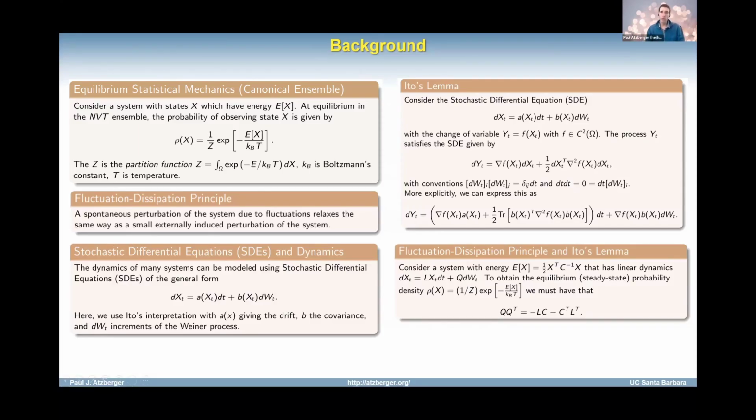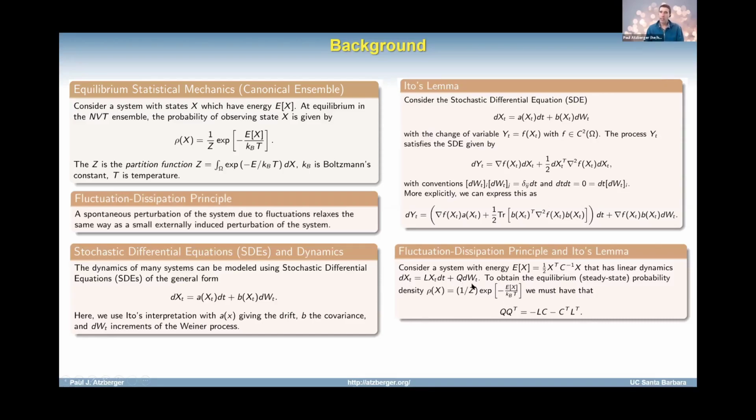And so if you know, for example, that your equilibrium statistics should be given by the canonical ensemble, in the case that your energy was quadratic, and so what I'm showing here is that the energy is 1/2 X transpose C inverse X, where X is the state of the system, it turns out that if I look at what the canonical ensemble is for this, that's essentially just going to be a Gaussian, a vector valued Gaussian random variable that has mean 0 and has a covariance structure C. Okay, so that's what you would have if your energy were quadratic in the state.